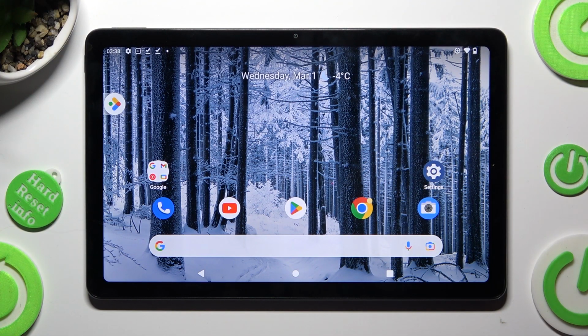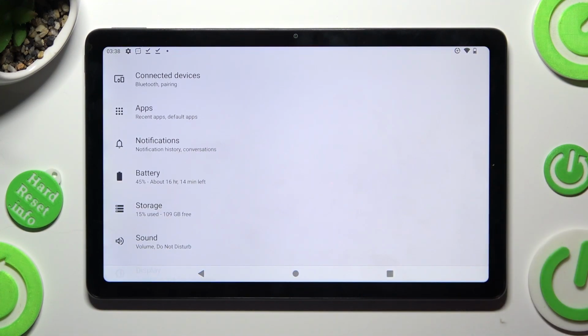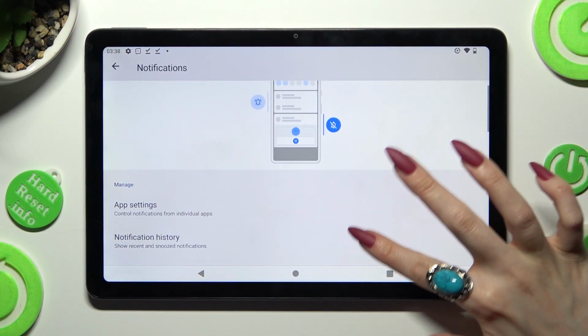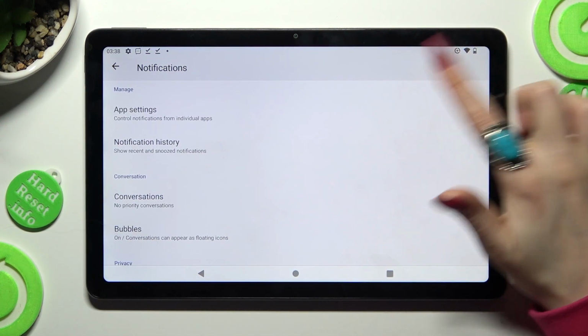You need to begin by opening Settings and scrolling down. Then access Notifications. After that, scroll down again, click on App Settings under Manage,